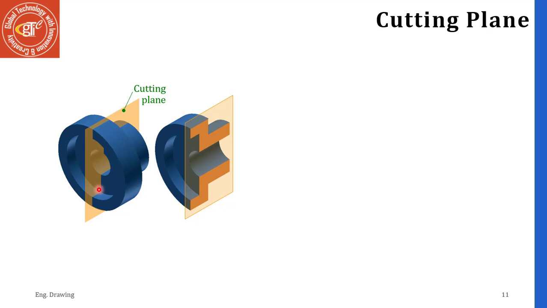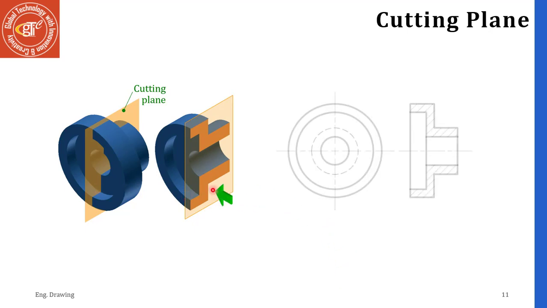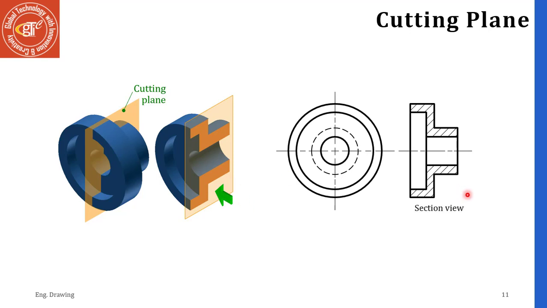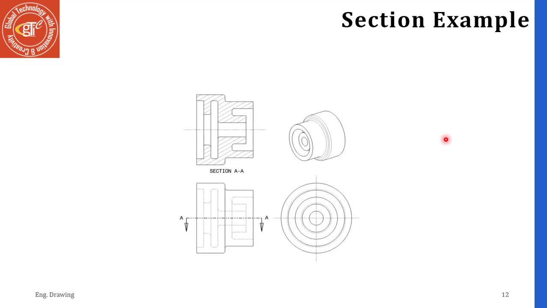And now look at this side. After looking at this side, you see these features. This one is the side view and this one is the front view. In the side view, when you look at it, the internal feature is not clearly shown. For this reason we have drawn the sectional view here and added section lines, and now the internal feature is revealed and I can easily add dimensions.